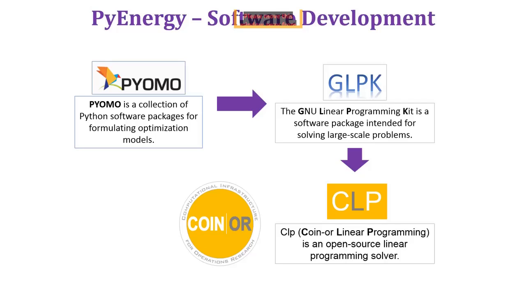However, it seems that it's not enough. So we took a step further, and we decided then to use a new solver called CLP, which is another open source solver that is stronger and faster compared to GLPK, and also the new implementation has been developed in C++. With this new improvement in the energy engine, we have been able to increase dramatically the speed of the solver.